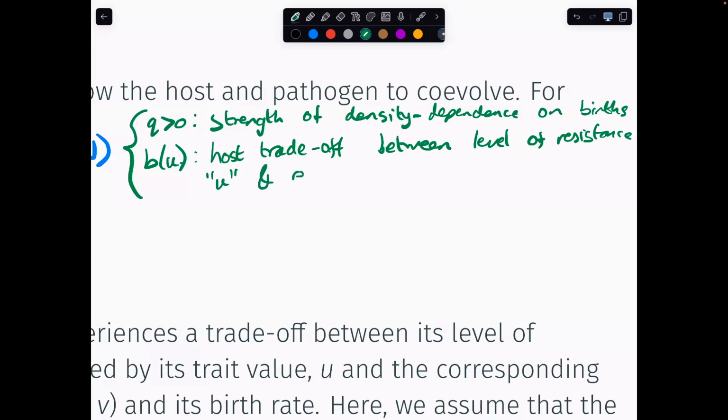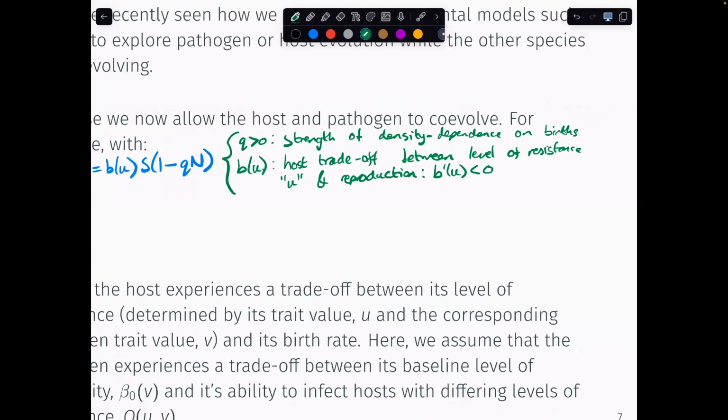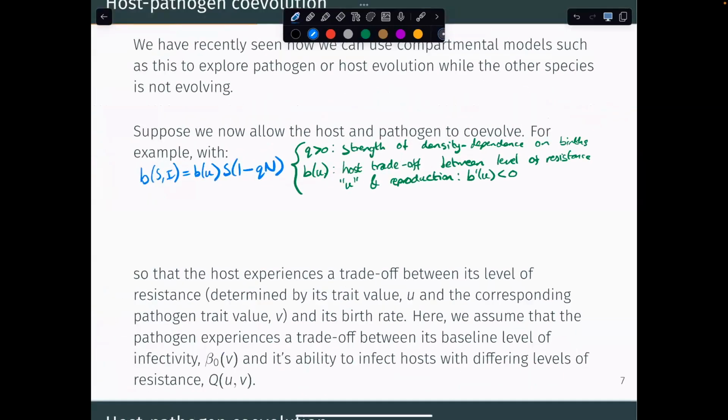And it's trading off with reproduction. So you generally assume that B prime of U should be negative. Things that are more resistant, if we're assuming U is your investment in resistance, should have a lower birth rate. They're diverting their resources away from reproduction towards resistance. So that's one trade-off. The other trade-off, we're going to look at something a little bit different to what we've